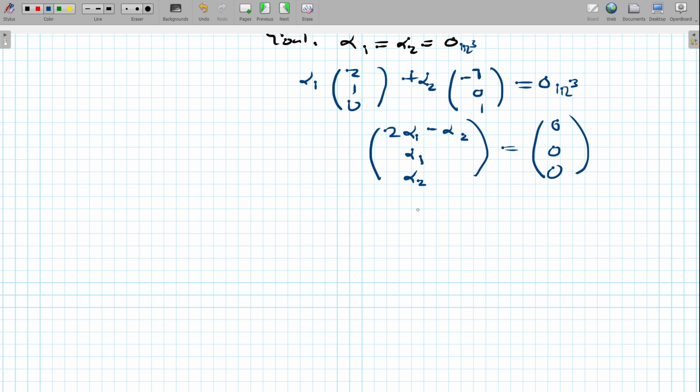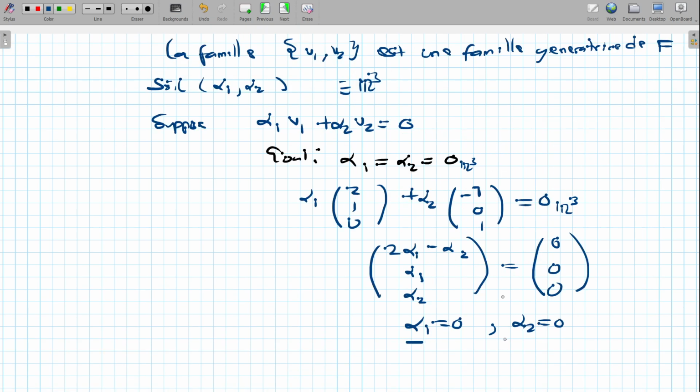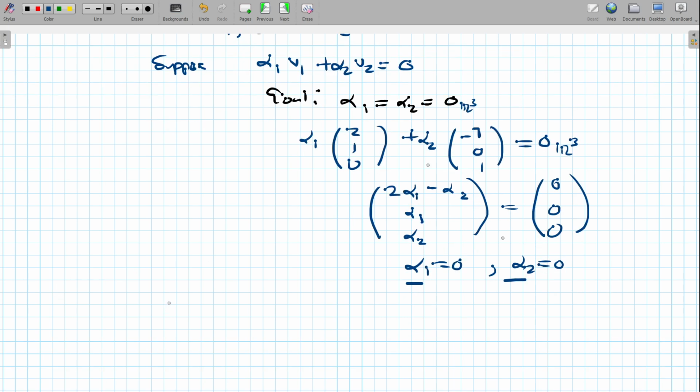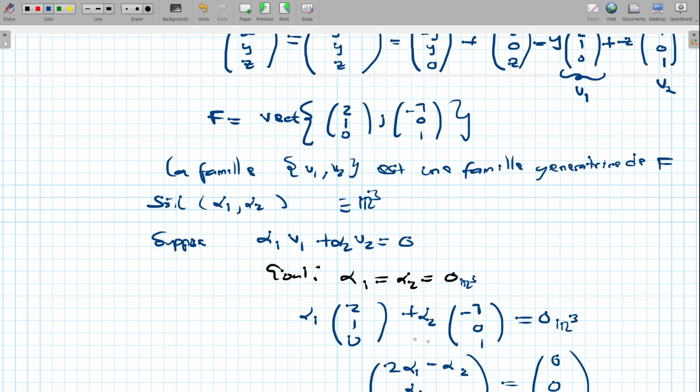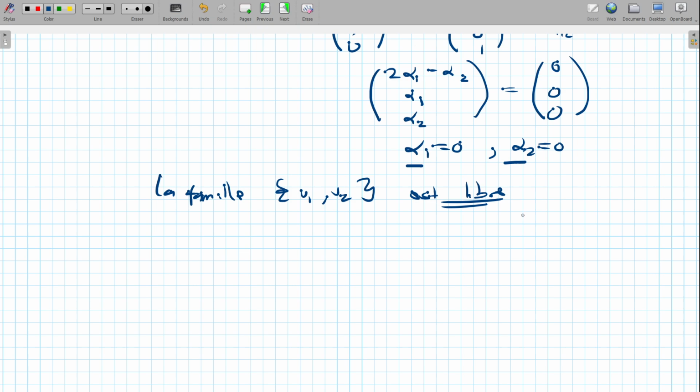If you look at the second line and the third line, you see that alpha 1 is going to be equal to 0, and alpha 2 is also going to be equal to 0. So you can see that alpha 1 and alpha 2 are equal to 0, and this is going to mean that la famille V1, V2 est libre. Now look, this family contains vectors that are linearly independent and that generate the space F. So c'est donc une base de